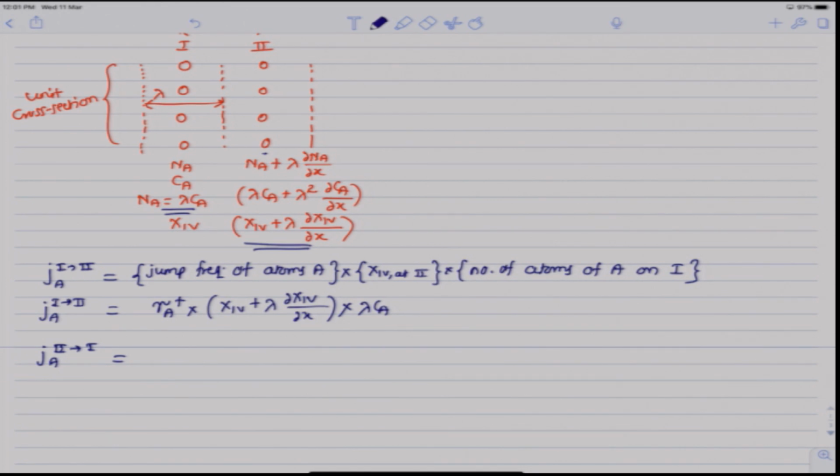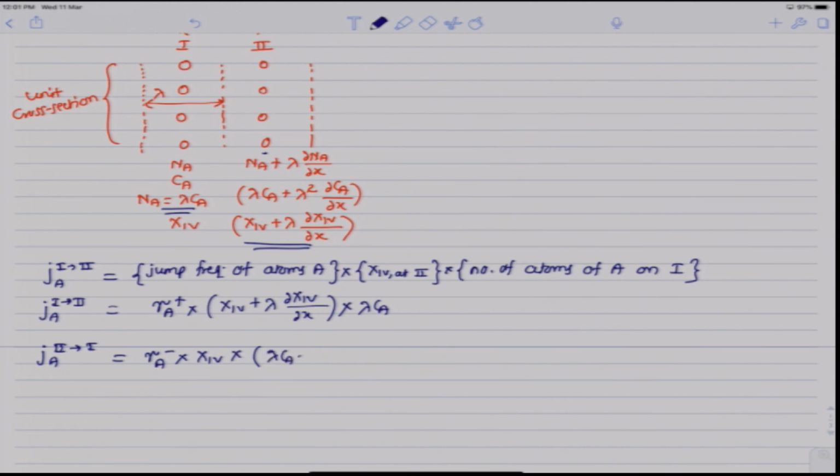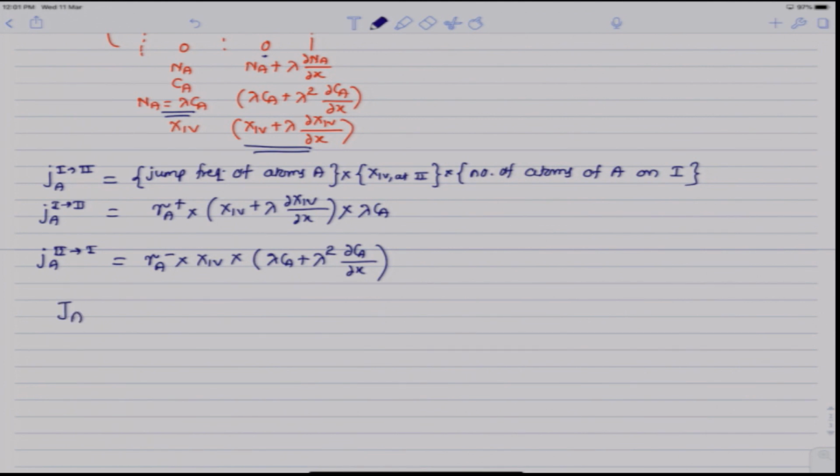the jump frequency of atoms A, and this will be the reverse jump frequency, which is gamma A minus, times the vacancy concentration on plane 1, which is x1v, times the number of atoms on plane 2, which is lambda Ca plus lambda square times ∂Ca/∂x. And so the interdiffusion flux J_A is given by the difference between 1 and 2. So if we take J_A as J_A(1 to 2) minus J_A(2 to 1),